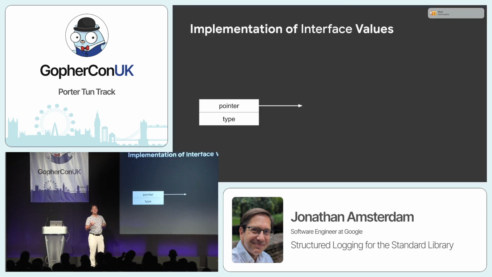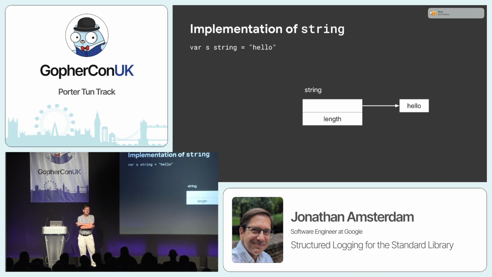So to understand this, you have to understand how Go represents various things in memory. So this is an interface, any interface. It's got 2 machine words, a pointer to the data, and some information about the type. A string is also 2 machine words, a pointer to the underlying bytes, and the length. And when you put them together,